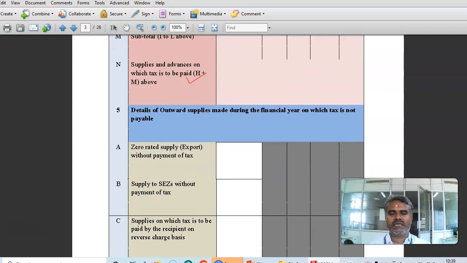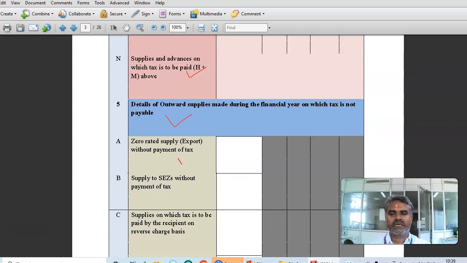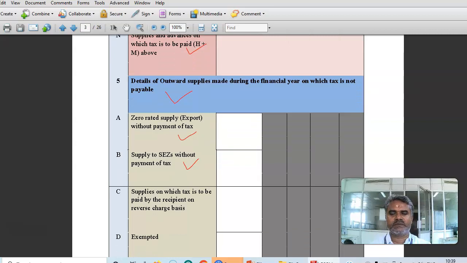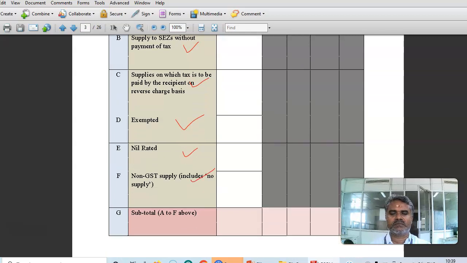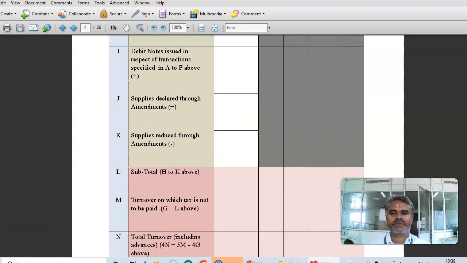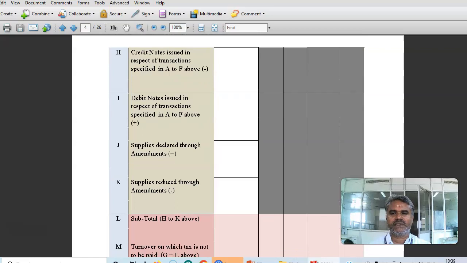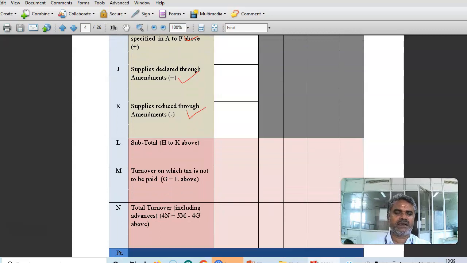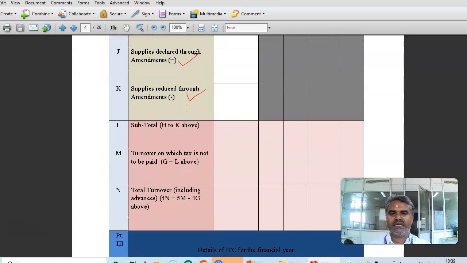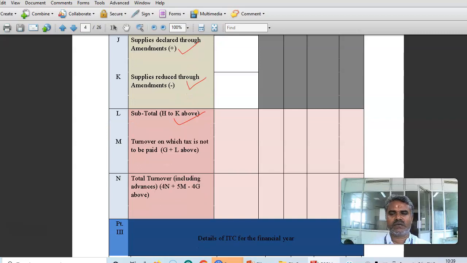Tax declared to. Then details of outward supplies made during the financial year on which tax is not payable: zero rated supply without tax payment, supplies which are exempted, nil rated, non-GST supplies. Then credit note issued in respect of transactions specified, debit note issued, supplies declared, everything. Because it is an annual return, you have to give the detailed information and the turnover on which tax is